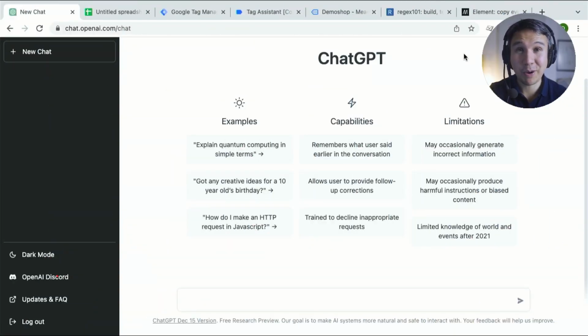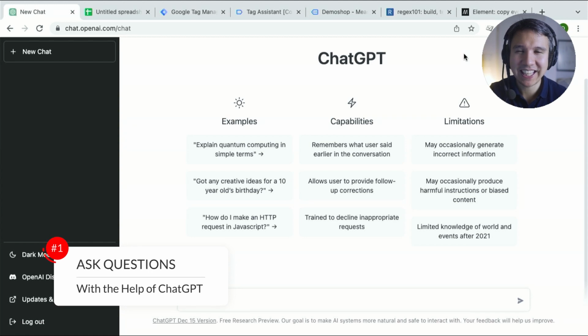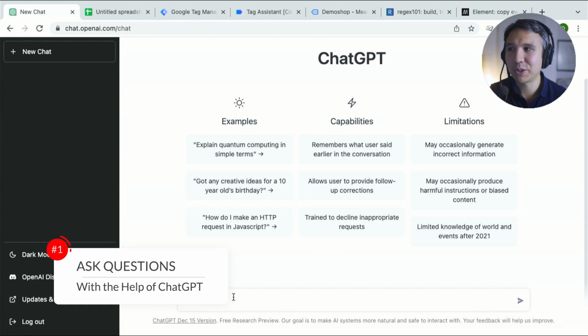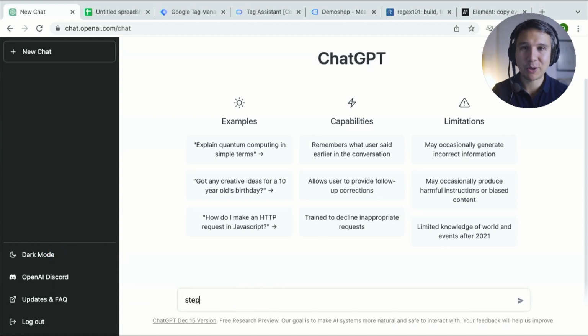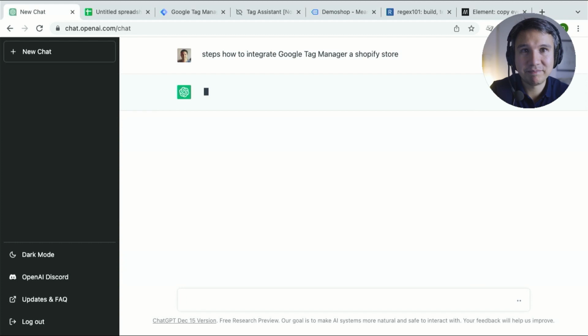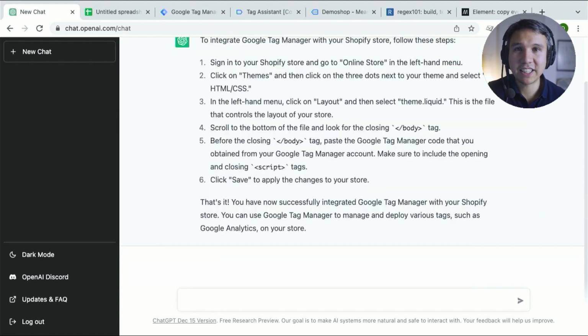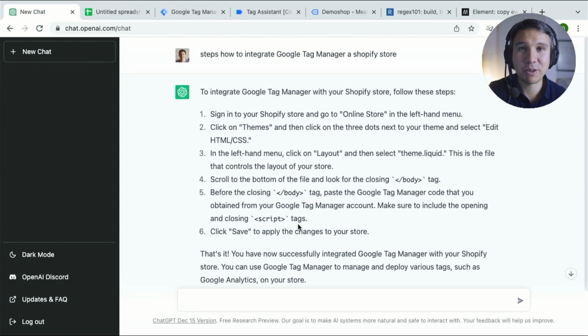All right, first up, obviously, ChatGPT is really great in answering questions, and we can ask it any question we want. For example, if we wanted to know the steps how to integrate Google Tag Manager on a website, but we could also say a Shopify website. And let's see what it gives us back. So here we have the result, and it gives us actually a step-by-step guide on how we can implement our Google Tag Manager on our Shopify store, even going into the theme liquid file